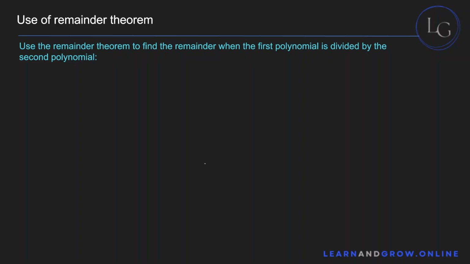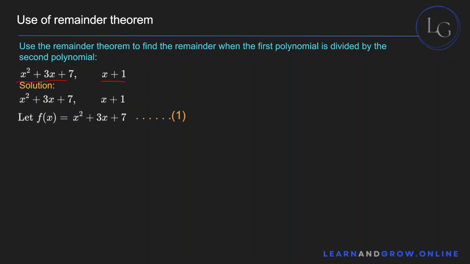Now, over here, use the remainder theorem to find the remainder when the first polynomial is divided by the second polynomial. Now, this is the first polynomial and this is the second polynomial. So basically, you'll divide this polynomial with this polynomial. Now,